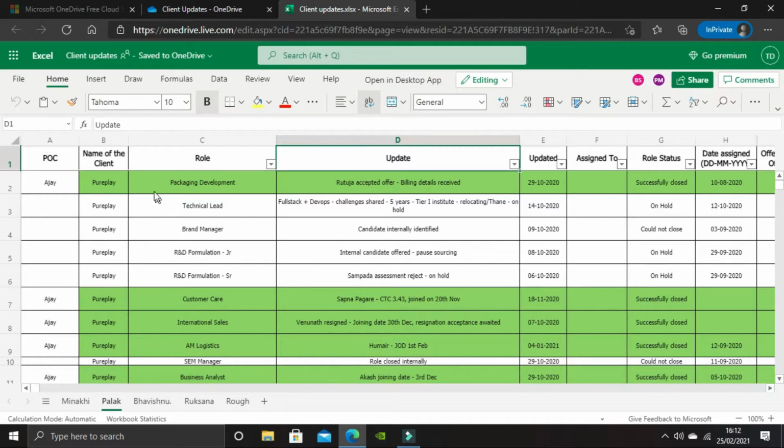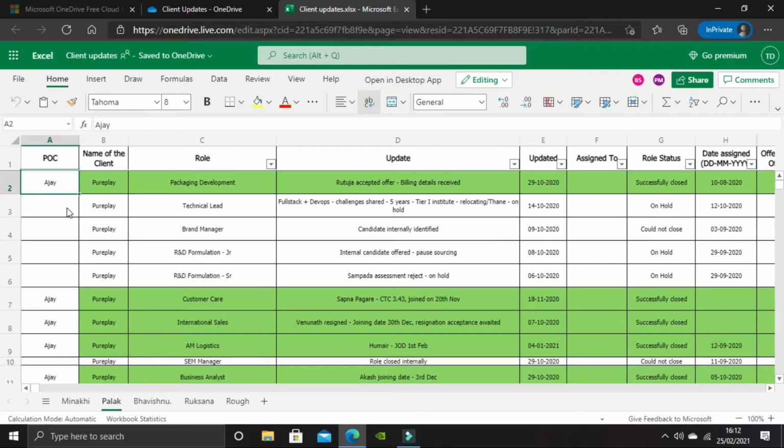Now the reason here is so that we don't compromise on this data. This data is very crucial because this data gives us a clear picture of how many roles we have received and how many out of those roles we have converted. So as and when the client anchors get the role, they quickly come to this tracker and add the details here.